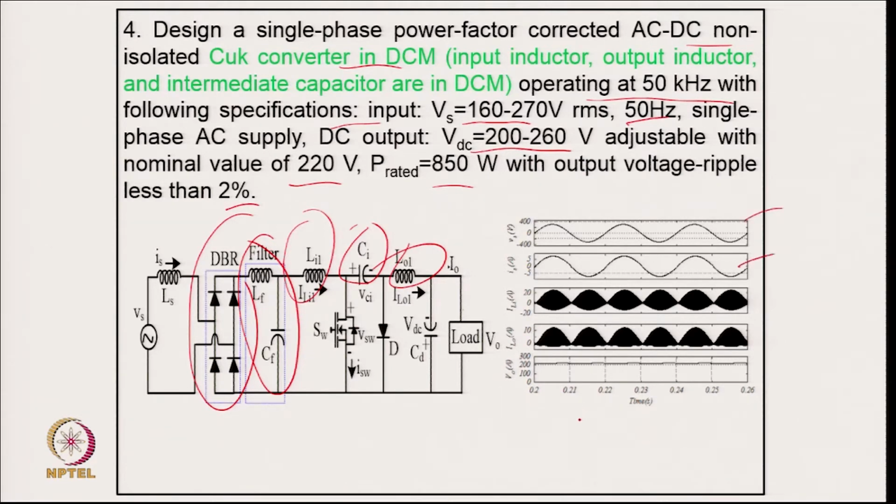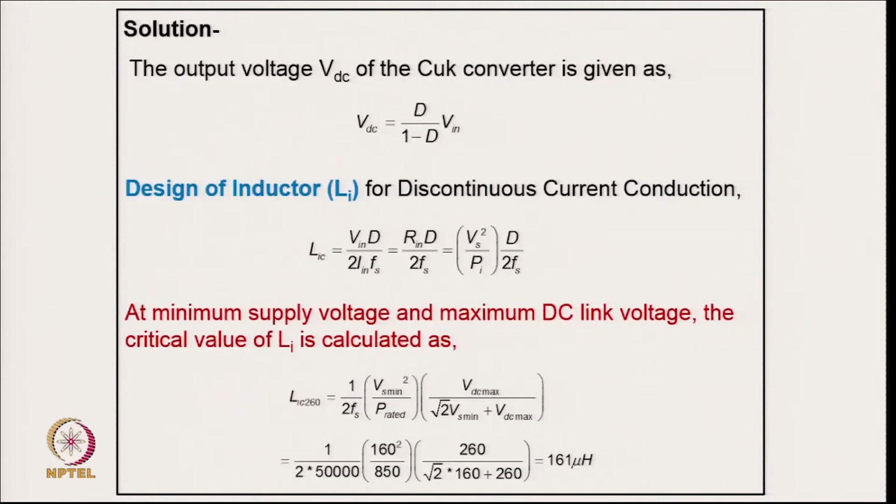that supply voltage and supply current are in phase, and the current is quite close to sinusoidal, and there is no reactive power burden on the supply. But you can see clearly here that the input inductor current is also discontinuous, and the output inductor current is also discontinuous, and there is the output voltage. So, coming to the numerical part of it, the output voltage of the converter,